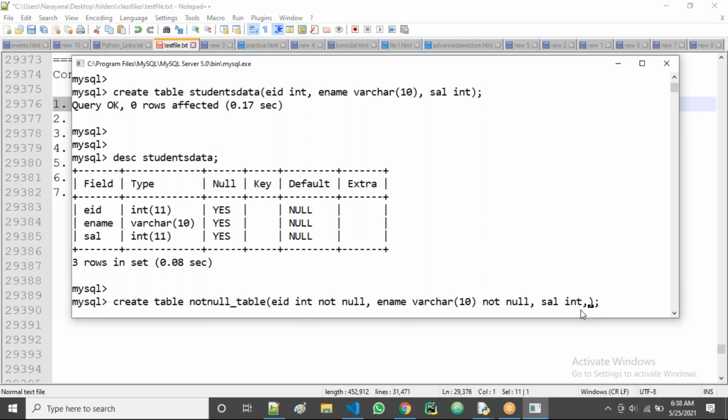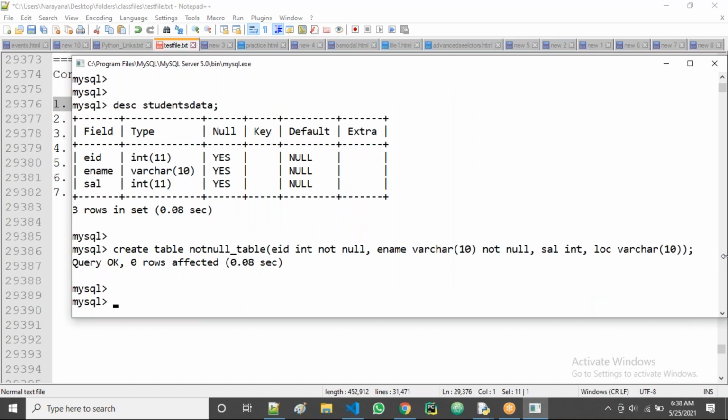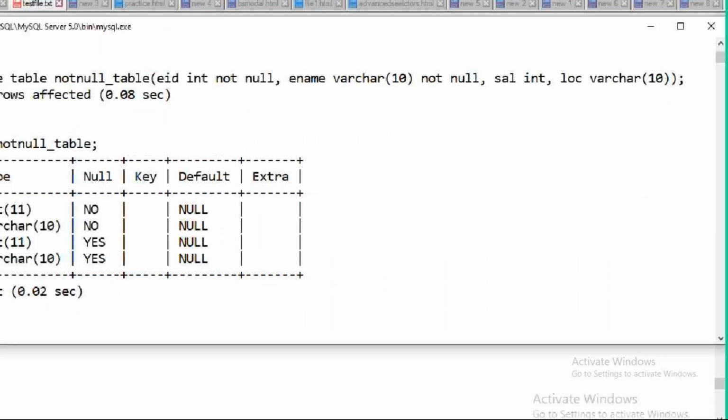I'll also add a location column, which is varchar of 10. The table name is not null table, so describe not null table.